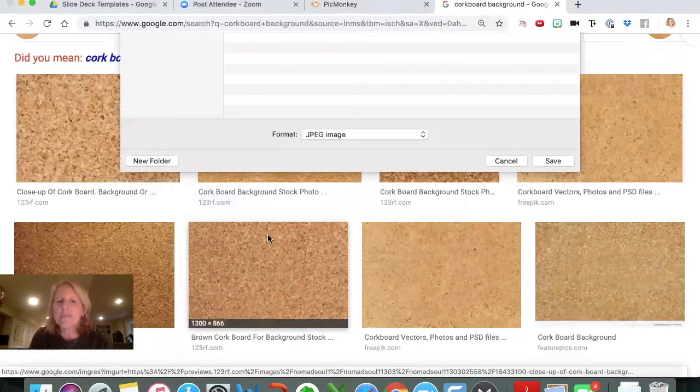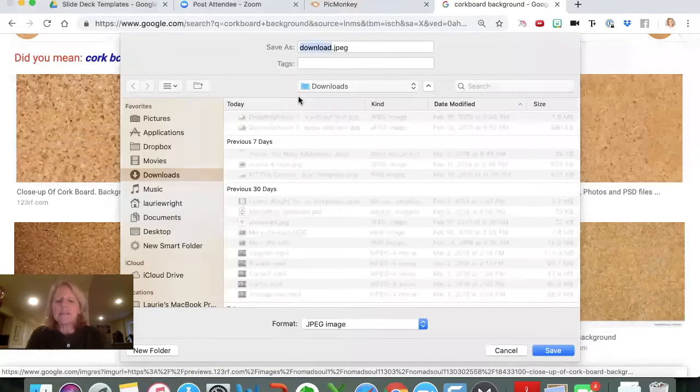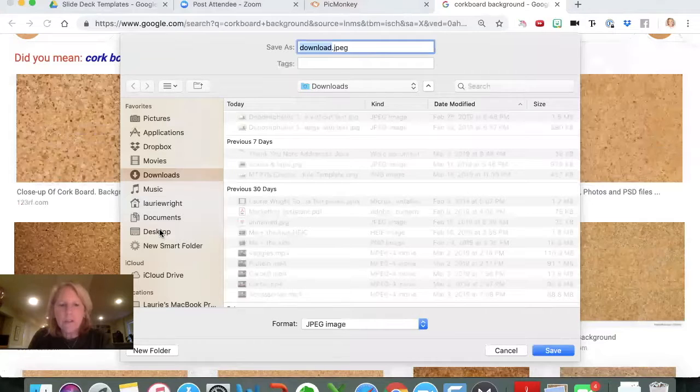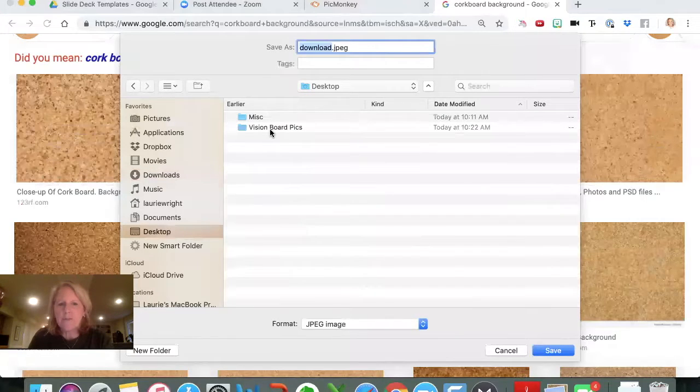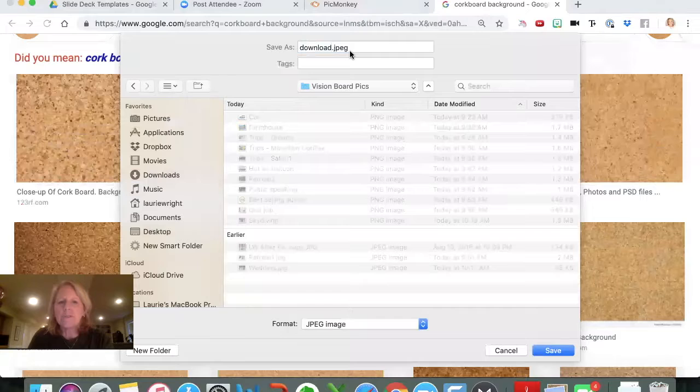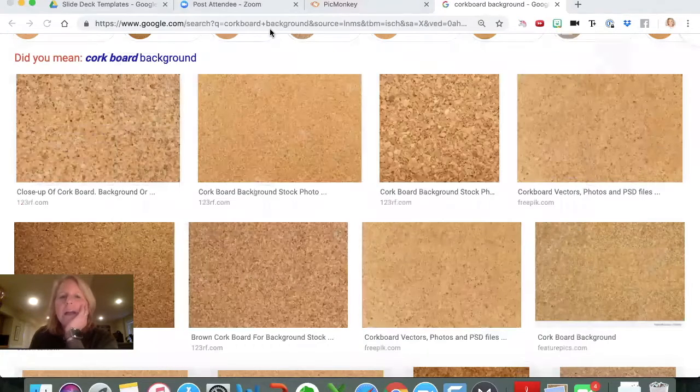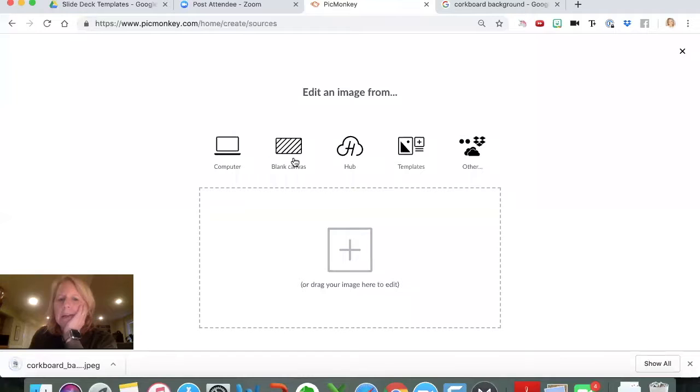I'll save it on the desktop, where I've been keeping my vision board pics, and call it cork board background so I know it's there. Now I could go into PicMonkey, pick computer, and upload that, and that's my base image that I want to start working from.